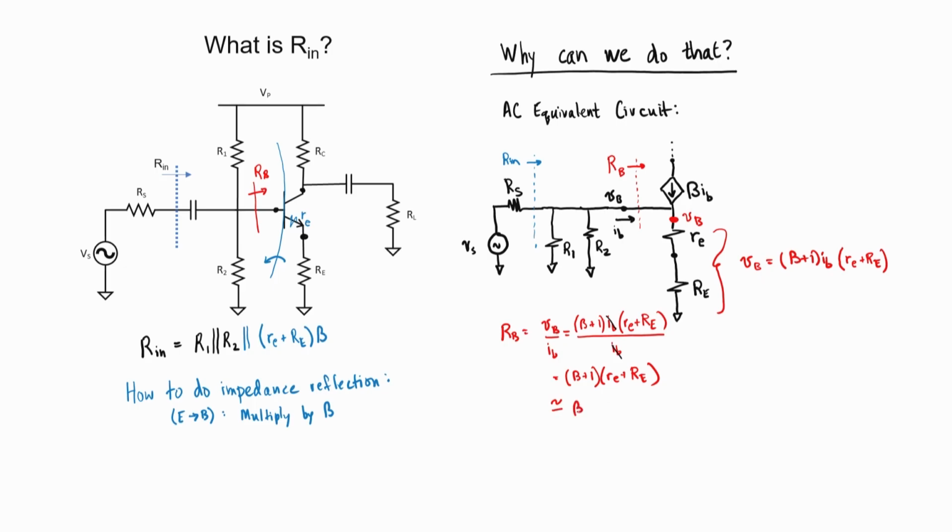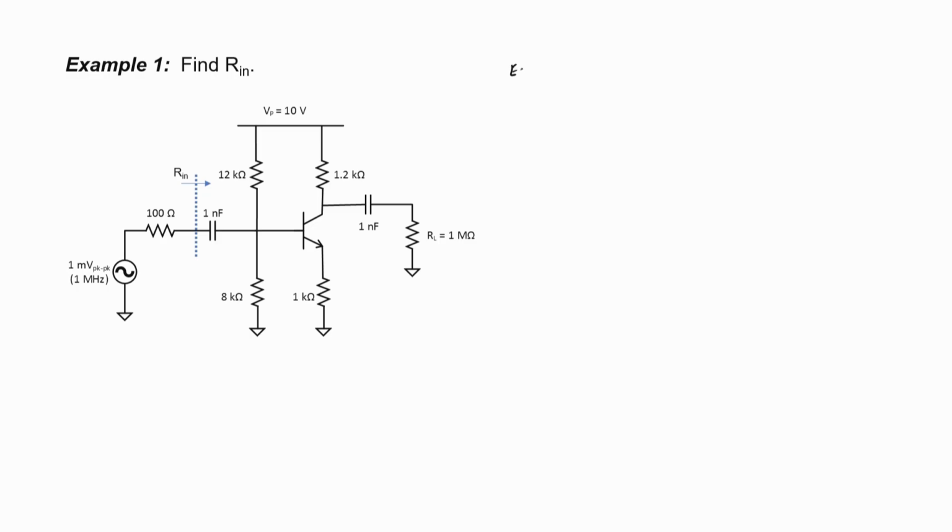Therefore, this approximation is quite reasonable. Let's now work a few examples where we use impedance reflection. Let's find the input impedance to this example circuit. Let's first estimate it without using impedance reflection, and then let's refine our estimate by adding in the effect of